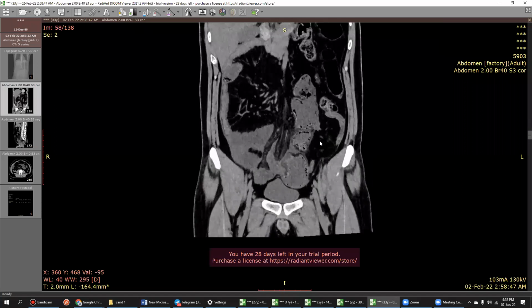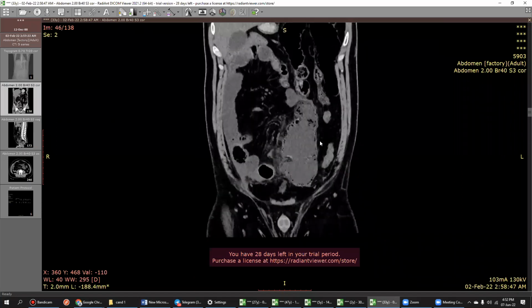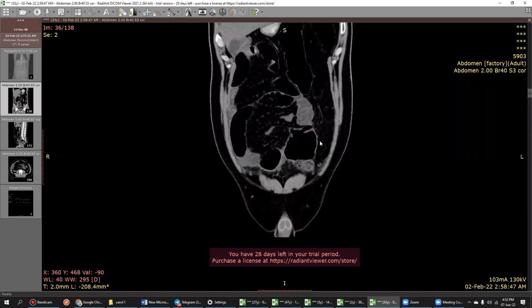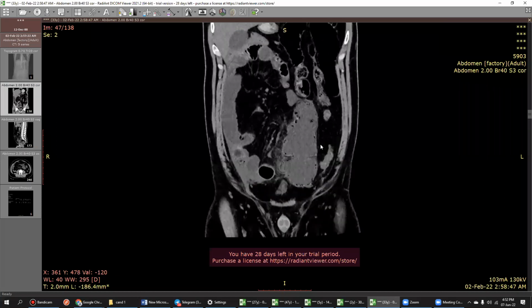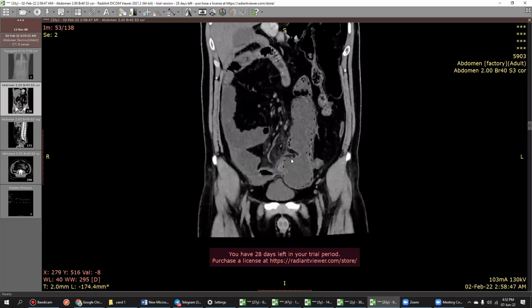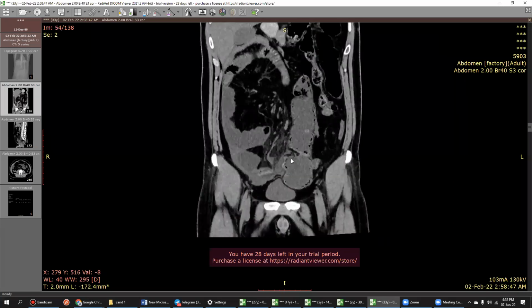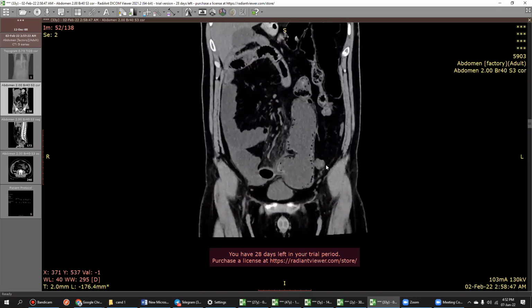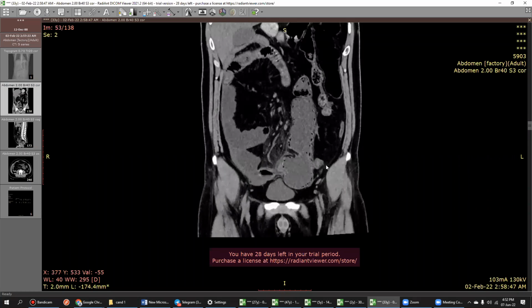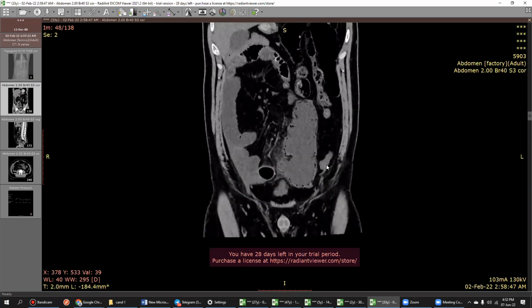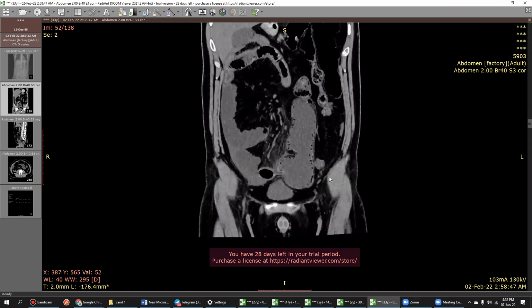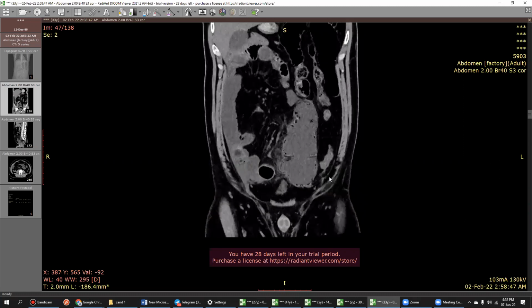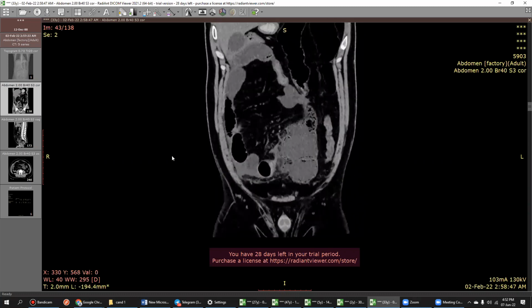Okay, so I can't see the cecum in the usual position where it should be. So I'm thinking about, is this a case of malrotation with possible cecal involvement? And this is the ascending colon, this whole area, in which I'm seeing dilatation and associated stranding. So I need to again have a look on the axial and reconfirm my findings.